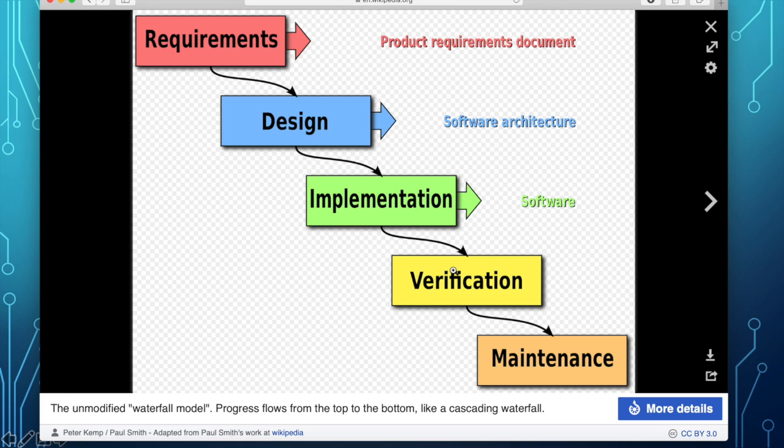But the implementation of all the requirements at the beginning of the software lifecycle could take months or even years. And so what happened is that after several months or several years, you will find the product over here, and it is the wrong product. Okay, because nobody can determine all the requirements at the beginning of the development. There's always questions about what is the requirement. So how is